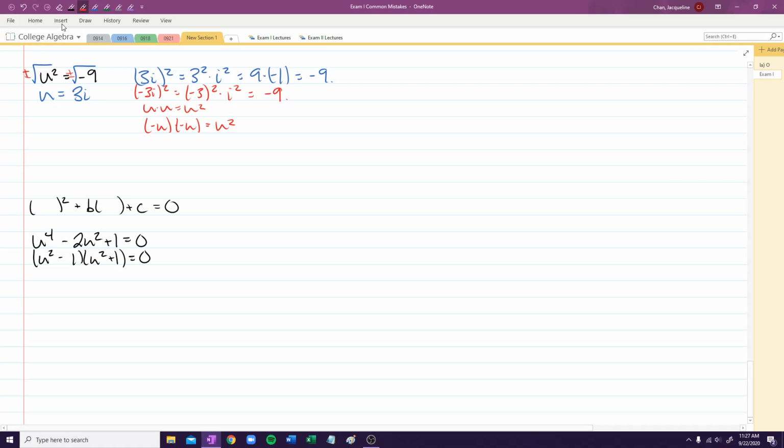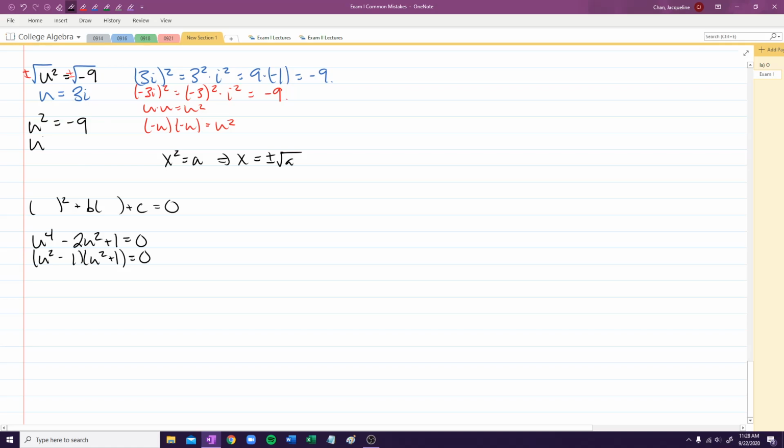The reason why, let me just rewrite it. So when I have u squared is equal to -9, okay, I can take the square root, but I'm not taking the square root of both sides. I'm using that square root property that we learned. Remember, it is like x squared is equal to a squared. So then I can say x is equal to plus or minus the square root of a squared. Kind of like that, right? But this is the square root property. This comes from